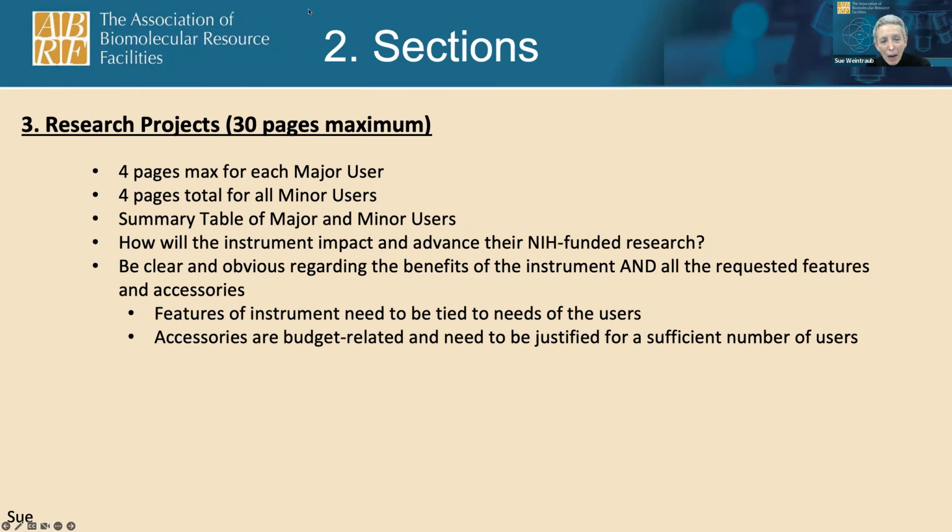But what I say is, we do want to move forward, and I will be happy for anyone to contact me. We can meet via Zoom and talk about some of these points, because each of you is going to have different types of users and different situations. The key, though, is to make the information easy to find by the reviewers, because the easier they can find it, the more they're convinced, the more enthusiasm you're going to have, and the lower numerically your score will be.